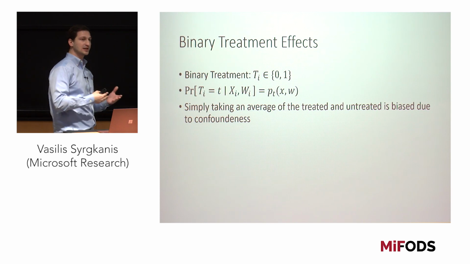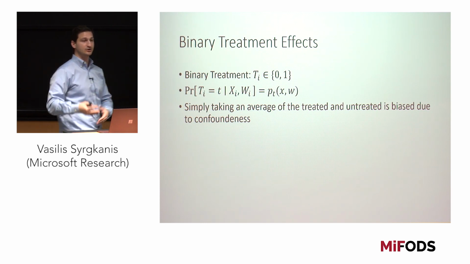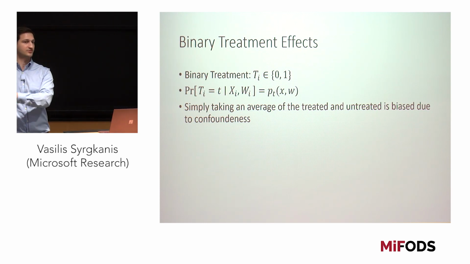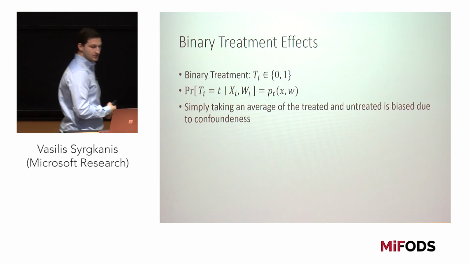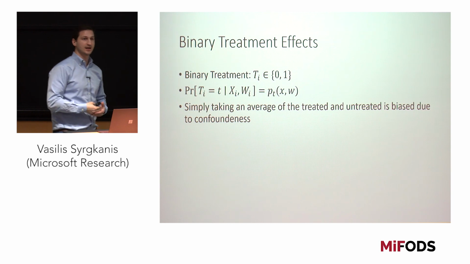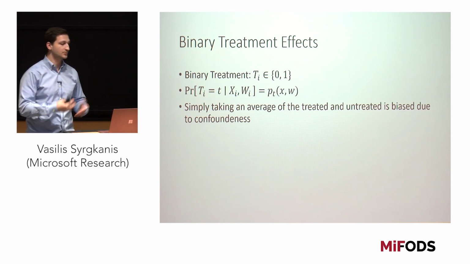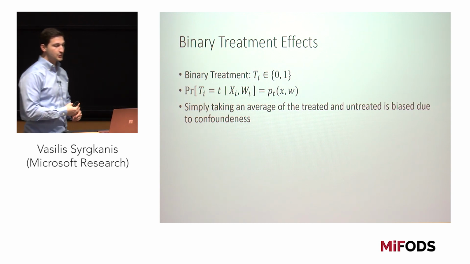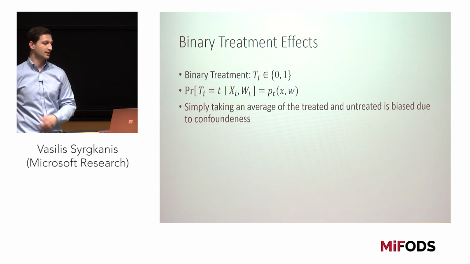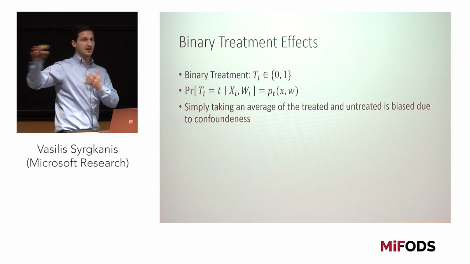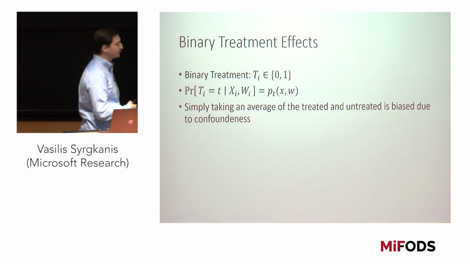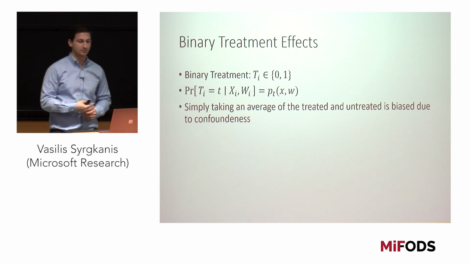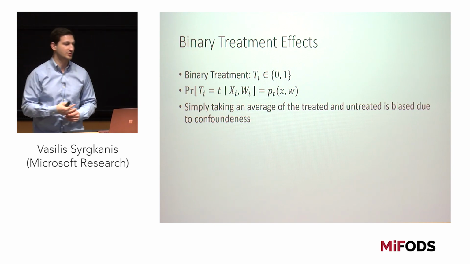And so you would be wrongly attributing those better clinical outcomes to the drug as opposed to these features that define this subgroup X. So if you want to estimate an unbiased estimate of the treatment effect, say the average treatment effect, you need to control for all of these variables that describe this bias. So you need to control for all of the variables that might have entered into your treatment decision in the